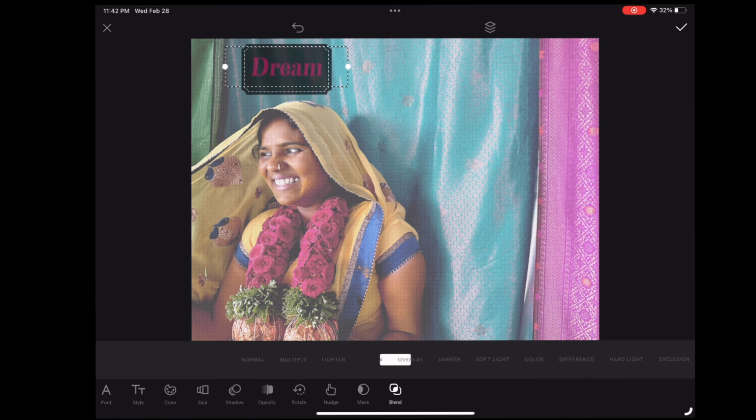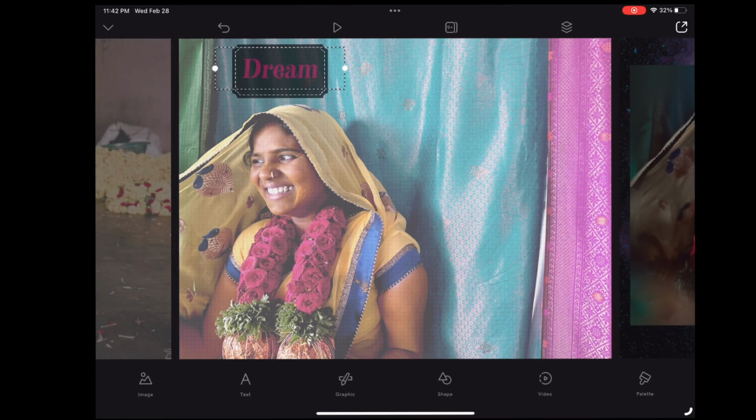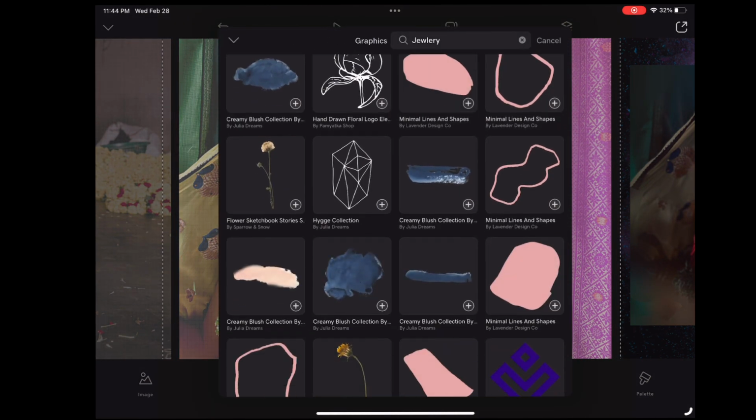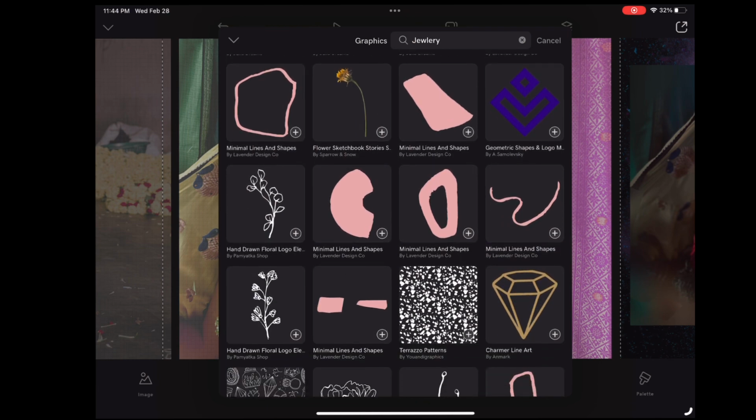Lighten. That would be good if we lightened it. That would be helpful. Okay, let's just leave it like this. We can always change it later. Let's put a sticker on the corner here